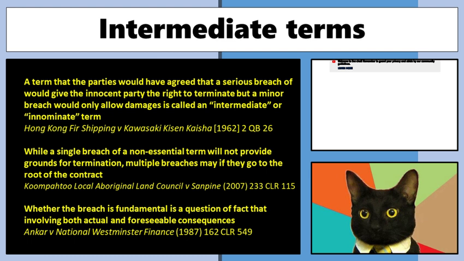That case, oh dear, they're tricky, some of these words. Kumpalu, Local Aboriginal Land Council and Sandpine. That's a situation where you've got a small breach one day, and then another small breach the next day, and then two more small breaches the day after that, and then another small breach after that. And the court there said that, look, strictly speaking, each one of these is only a breach of warranty, but collectively, lots of small breaches is going to add up to essentially giving the other side the right to terminate.